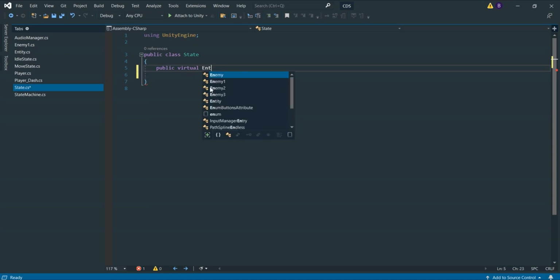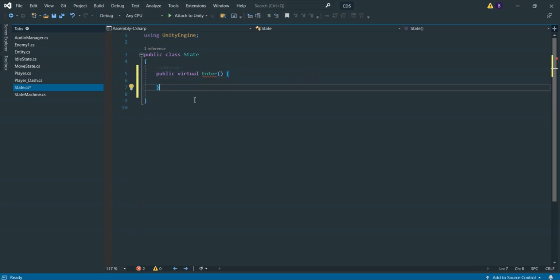So let's call it something like enter, then make first bracket and some curly brackets. Make sure you type void for the function, and we just made it public virtual void enter. That means that we can modify this function later on inside our inherited class. Like we're gonna create an idle state class, we're gonna have a move state class,